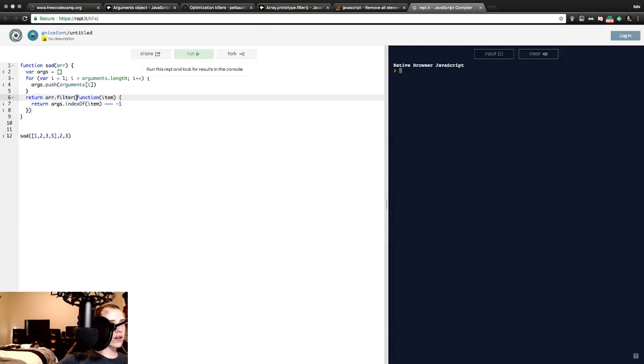So we are returning array.filter function(item), and then we're returning in there args.indexOf(item) if it equals